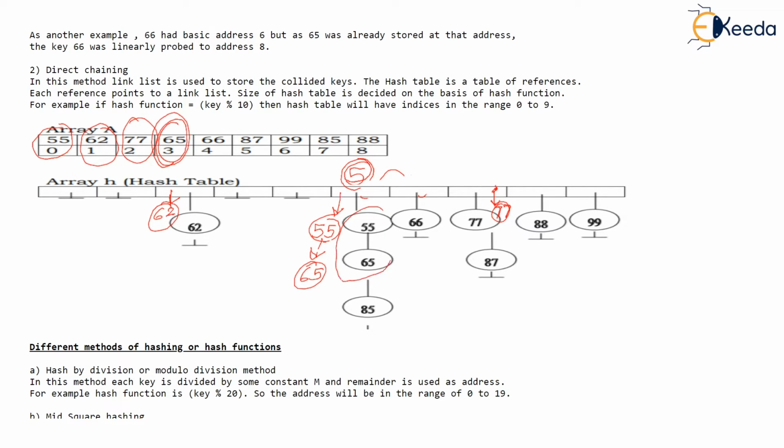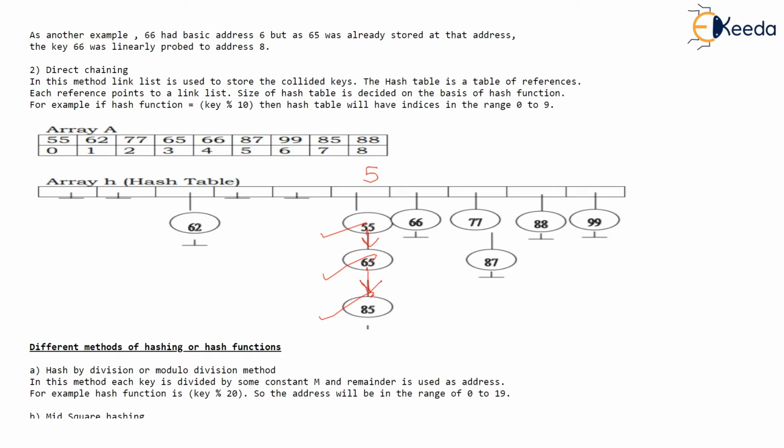I'm just redrawing it. So now you might understand why this particular table has been drawn in this fashion. As you can see, 55, 65 and 85 get mapped to the same address 5. Then we are making a linked list, which obviously ends with null. And 62 gets mapped to the second address. So we are making a linked list only of one node which stores 62 and which ends with null. Similarly, 66 goes at sixth address, 77, 87 goes at seventh address, and so on. Interesting, isn't it? But there is nothing stored at 0th address. So 0th pointer will be simply null.